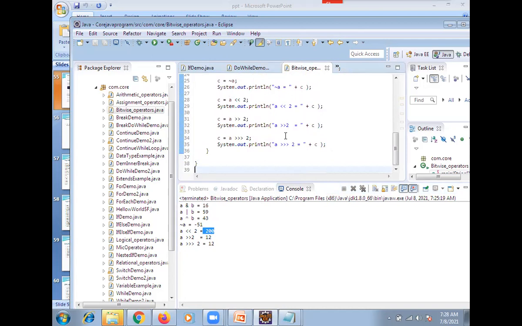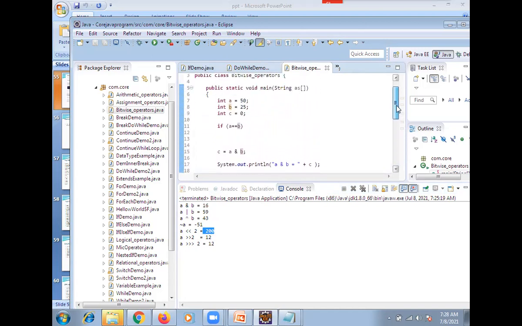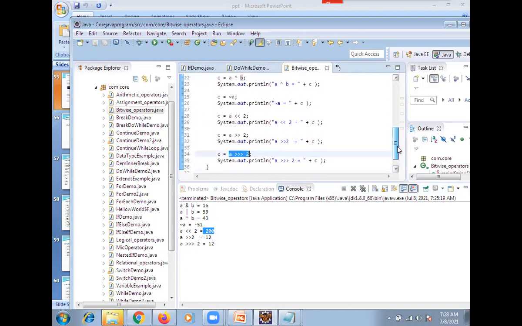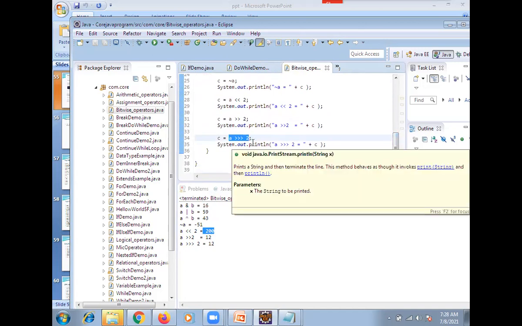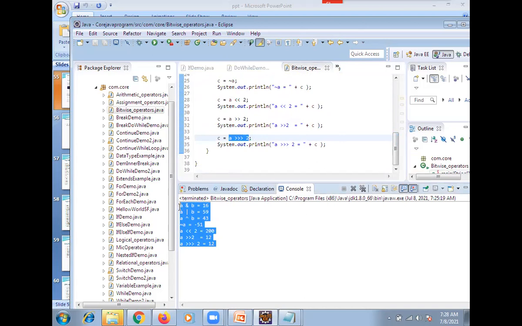Okay. So try to understand this bitwise operator, but most probably we are not going to use it in real time. We are going to use arithmetic, logical, and assignment operators. So finally we discussed MIC, right? One is the expression, another one is instanceof that we are going to use. If we want to check bitwise conditions, as of now it's not required. You can just see that, no problem.